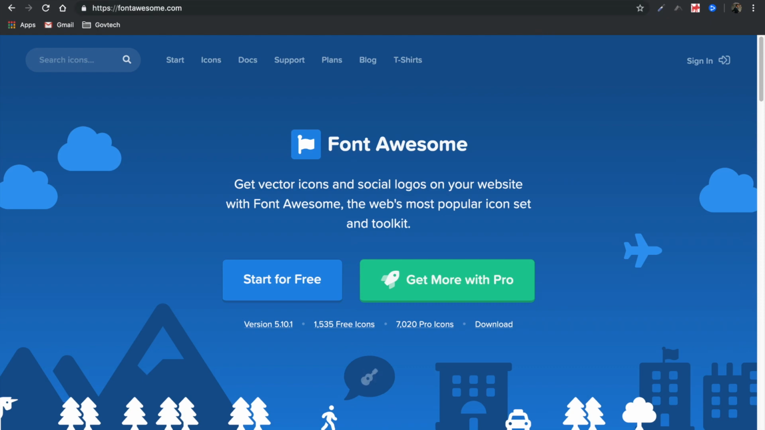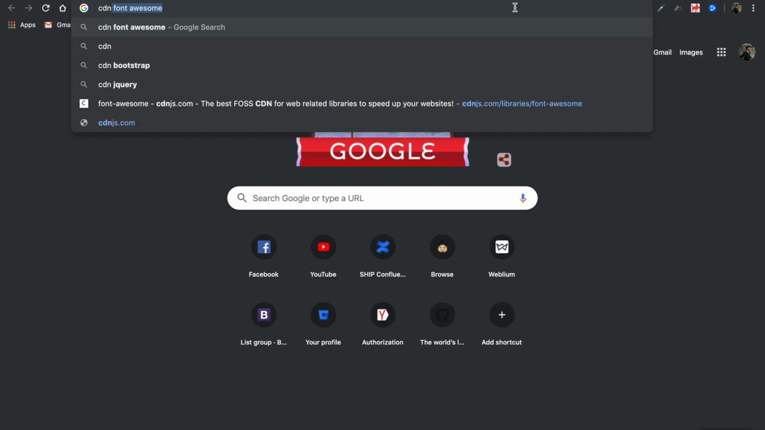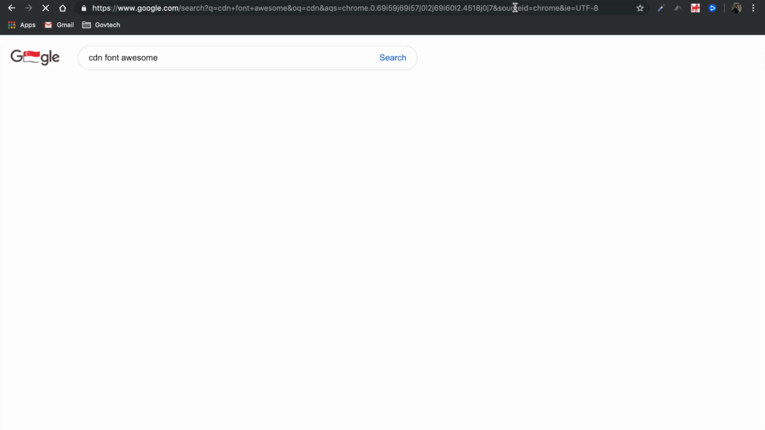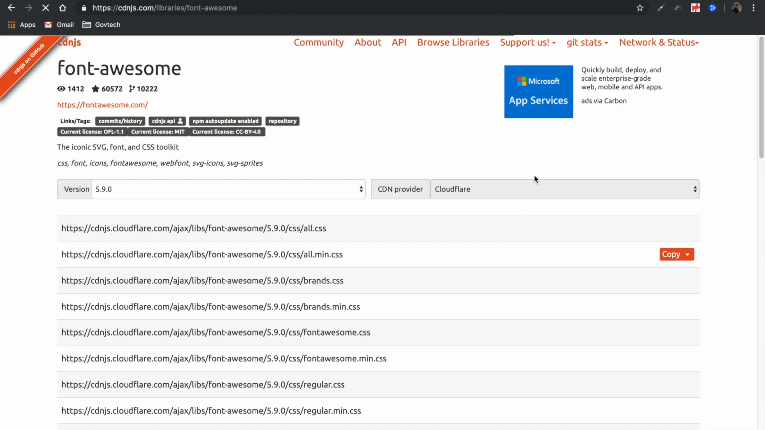One, by downloading it and putting it in our project folder, or we can also link to their CSS via the internet through a CDN. I'm going to do the second option, but to do that, we'll need to Google for it: CDN FontAwesome. The first result unfortunately doesn't work when I tried it, but the second result works. So just go for the second one, which is cdnjs.com. Click on it